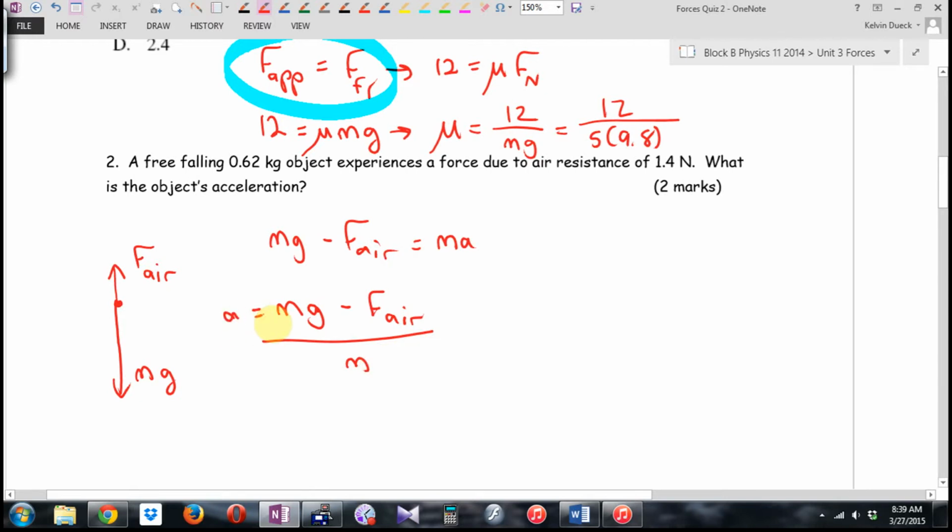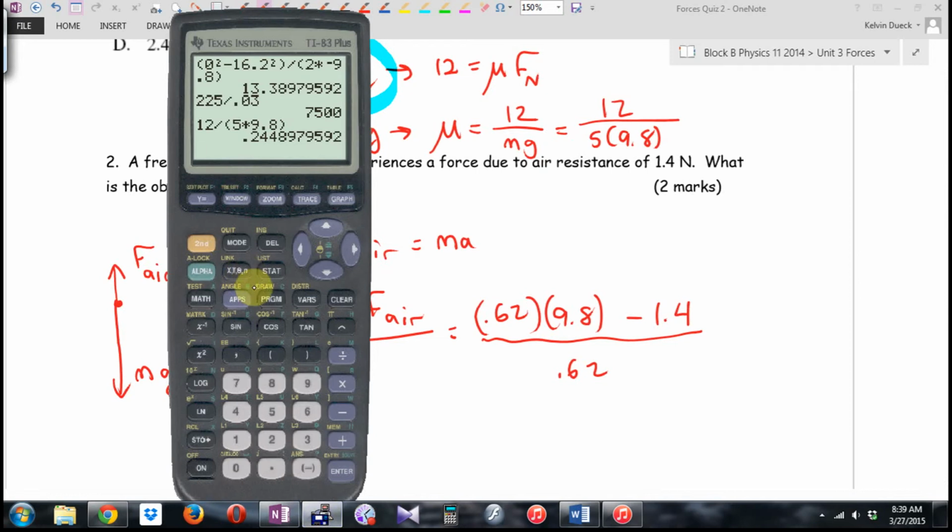Double check. Do I know the mass? Yep. Do I know G? Yep. Okay, I can plug and chug. This is going to be 0.62 times 9.8 minus 1.4. I don't need to multiply it by a mass or anything, they gave me the force. That's a force in newtons. Divided by 0.62. I get an acceleration of